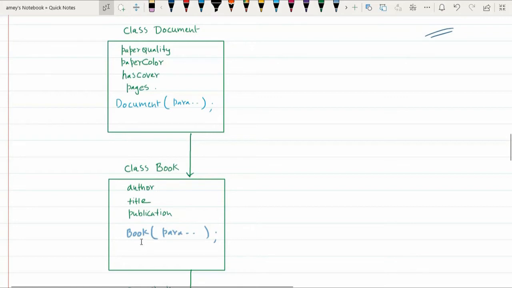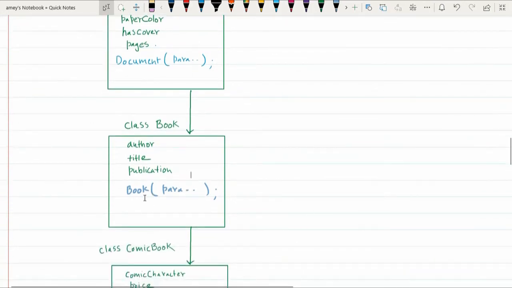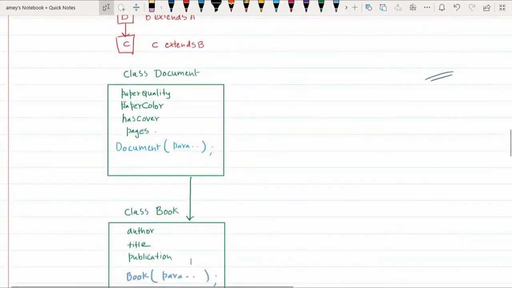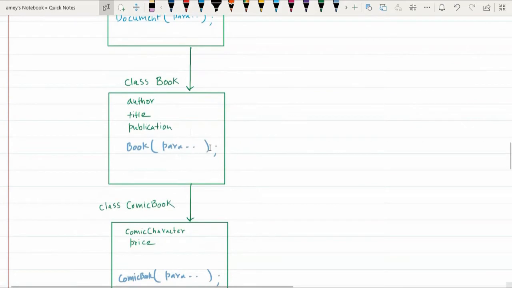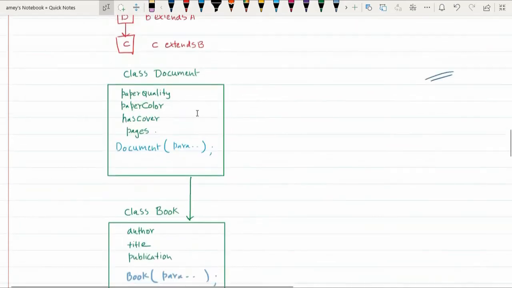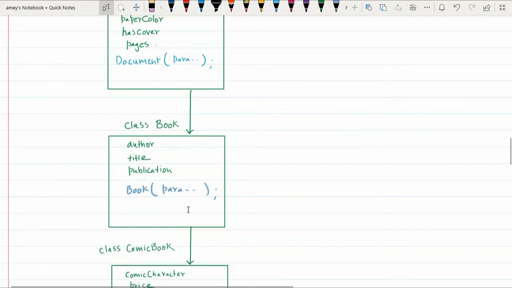So you will see that when you have a constructor of type book, how many parameters will be passed from the main in the constructor? 1, 2, 3, 4, 5, 6, 7 parameters. And then you will see in the code that in the definition of this book constructor, you will have a superclass constructor call, that is super, and 1, 2, 3, 4. These 4 attributes which are passed over here will be passed to the parent class. We shall see this in the code.